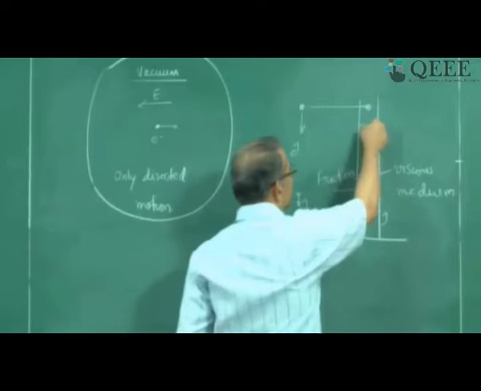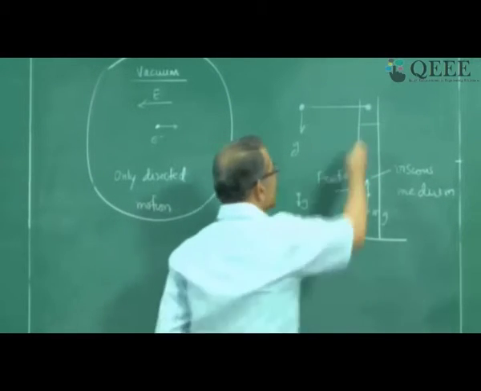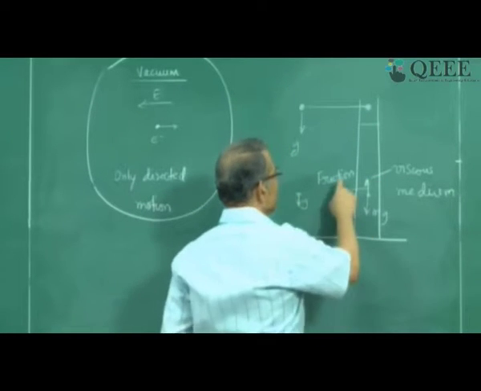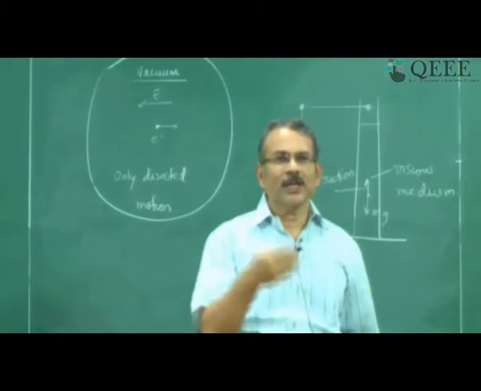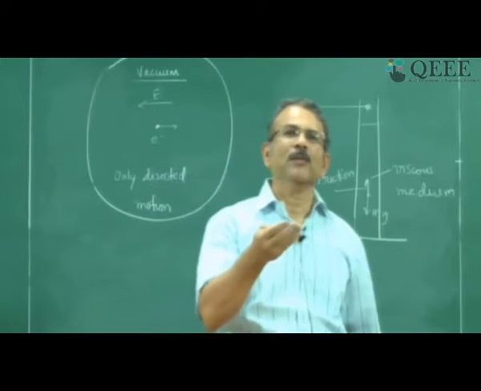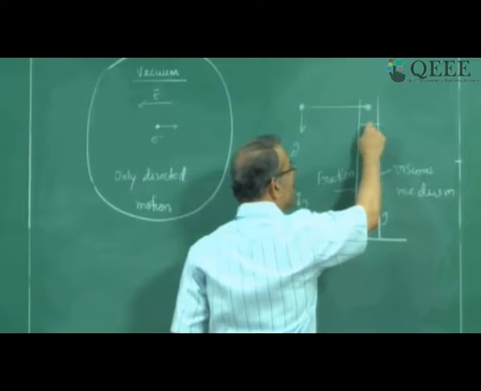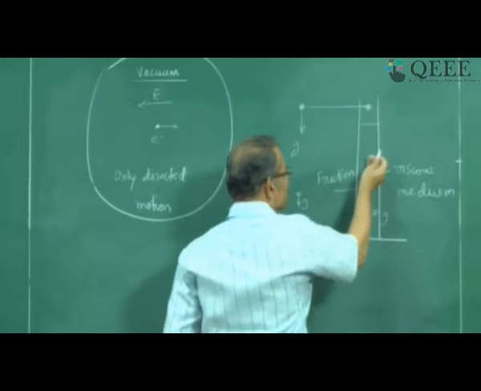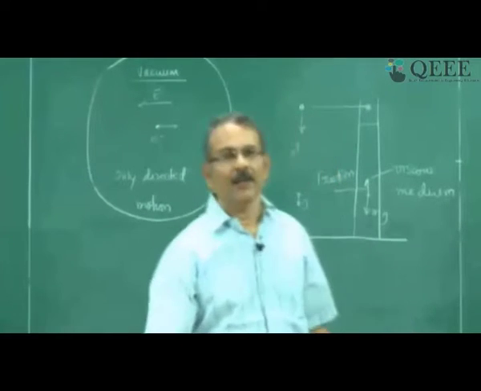Now why does it travel some distance before reaching a constant velocity? It is accelerating in this region, but finally it has reached a constant velocity. Why? Because the friction or viscous force is proportional to the velocity. If the velocity is more, frictional force is also more. So in the beginning its velocity is almost nothing because you have just dropped it, so frictional force is very small. As the velocity builds up, frictional force also builds up, ultimately the two become equal, and then thereafter the ball moves with constant velocity.